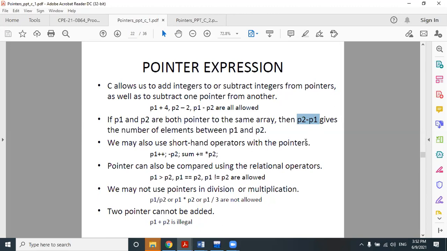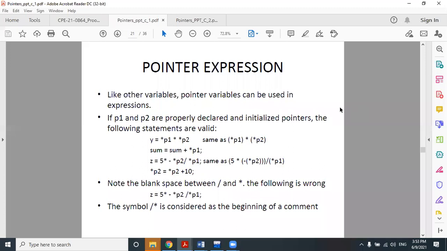What mathematical, arithmetic or logical operations are allowed in case of pointer variables and what are not? You have to remember it, because at the time of interview they will ask lots of questions regarding pointer arithmetic expressions. Is it clear to everyone? So these are the expressions which are allowed in case of pointer variables.